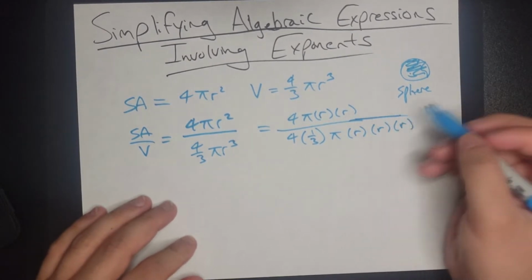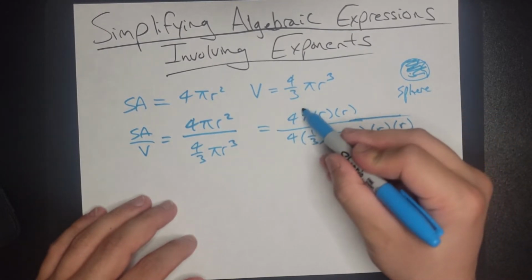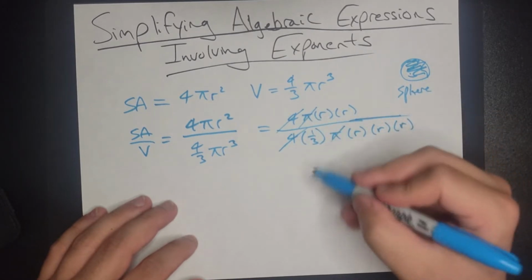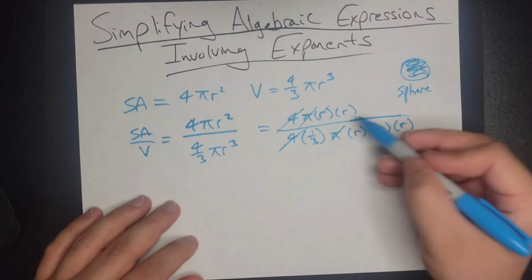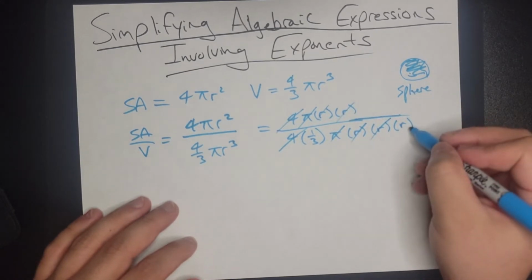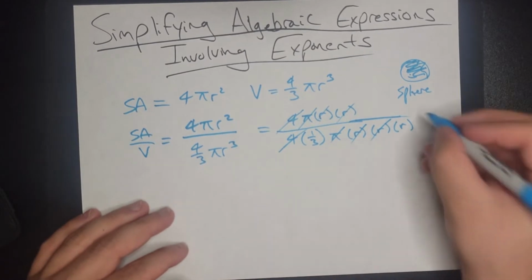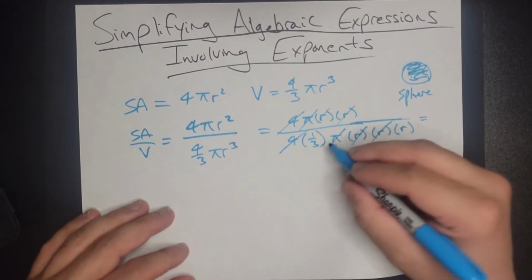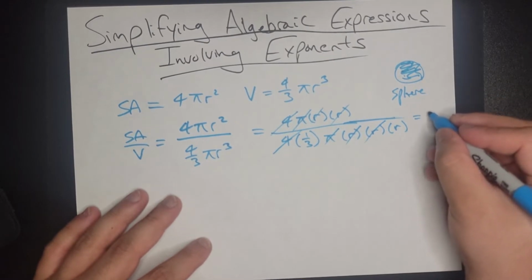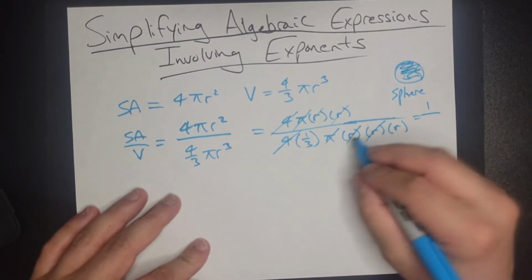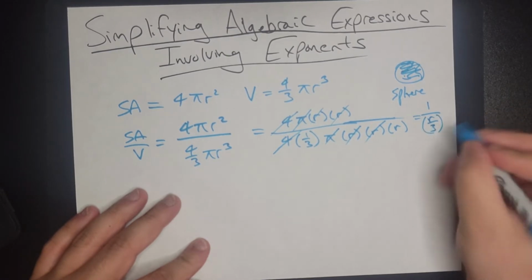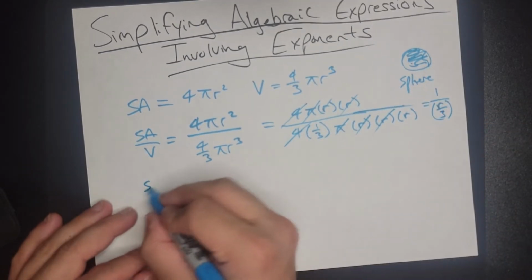So now let's start canceling things out. I have a 4 in the numerator and denominator. Gone. My pi is gone. I have an R, I have an R, I have an R, I have an R. So I'm left with 1 R and a 1 over 3. So I'm left with 1 over 3 times R. So R over 3,